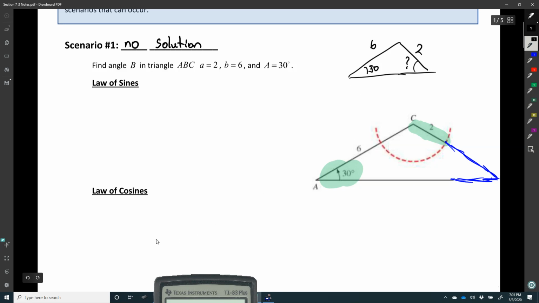Okay, so 30 goes to 2. Here's this angle over here, this hypothetical angle that we want to find. And this is C, this is lowercase c, so that's angle B. Okay, so for sine of B, we have sine of B over 6 is equal to sine of 30 over 2. Okay, multiply both sides by 6. So we have sine of B